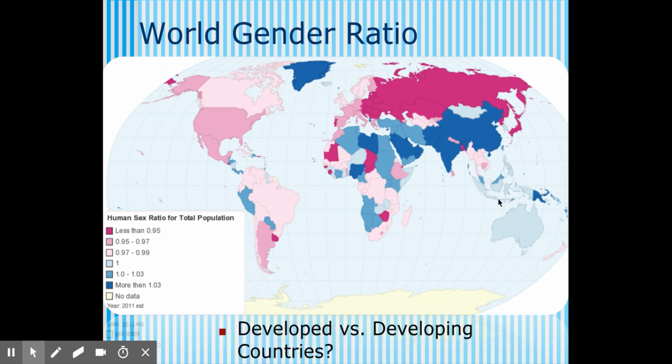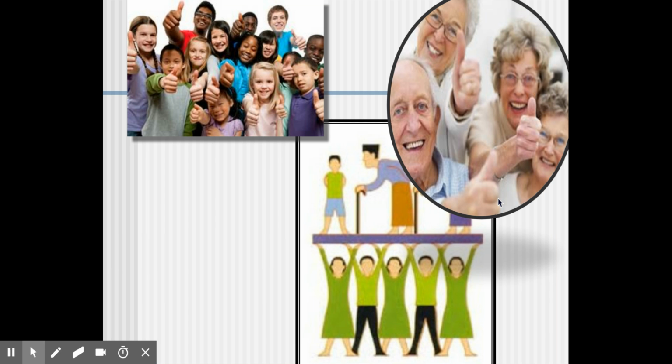And that's based on development generally. More developed countries have a higher female ratio generally, and less developed countries have a lower female or lower gender ratio. The next thing we can measure is what's called the